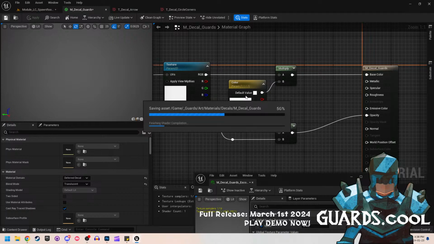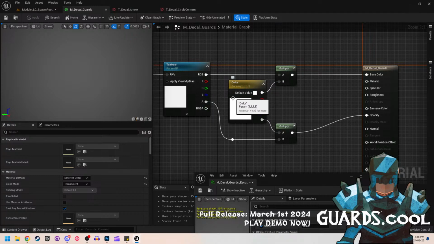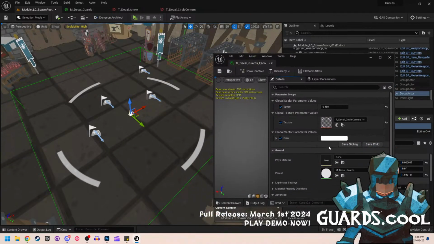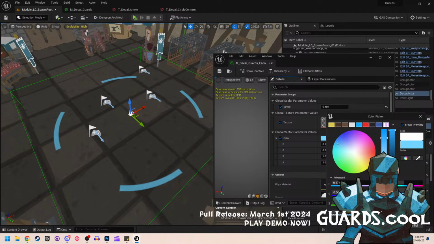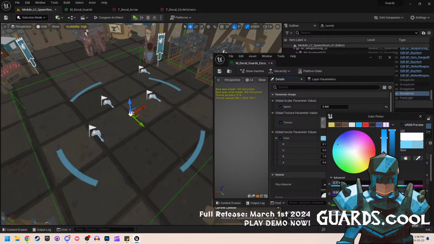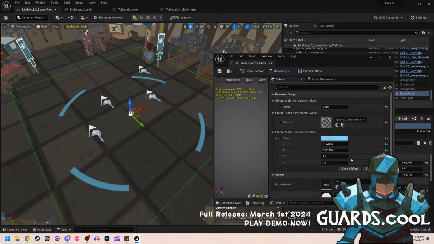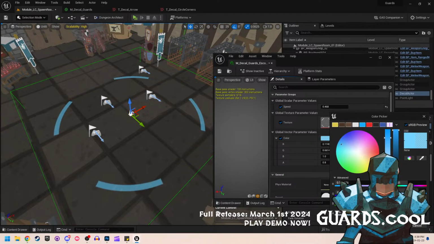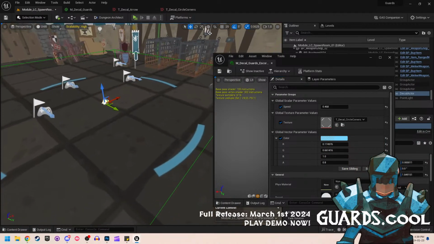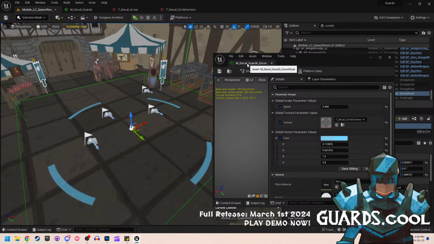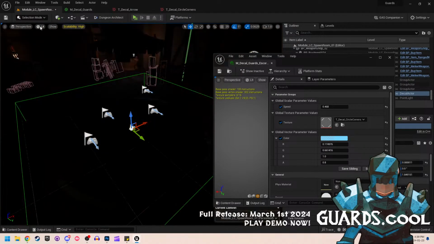And then just double check. Yeah, it's 1, 1, 1, 1. So it's multiplying the alpha by 1, which means nothing will change. But that just means now I can come in here and change this color. You know, I could make it orange. Probably going to make it some sort of guardsy color, like blue. And I can also change the overall opacity, so I could make it a little bit less egregious if I wanted. But I'm going to go for 0.8. And you can also overpower this if I remember. So you could set this color to a high number, although it's not emissive. But if it was emissive, it could be pretty cool. But we'll leave it as a generic color, and